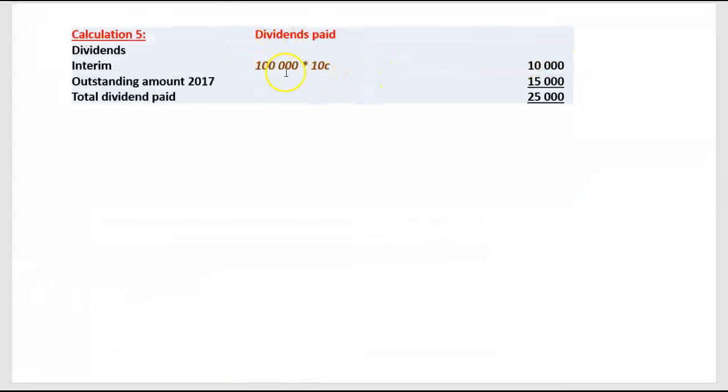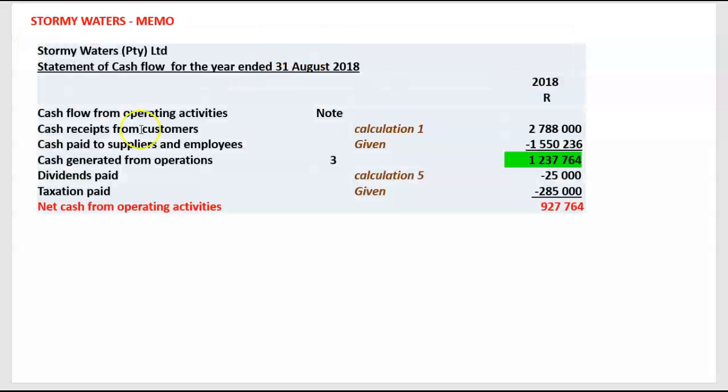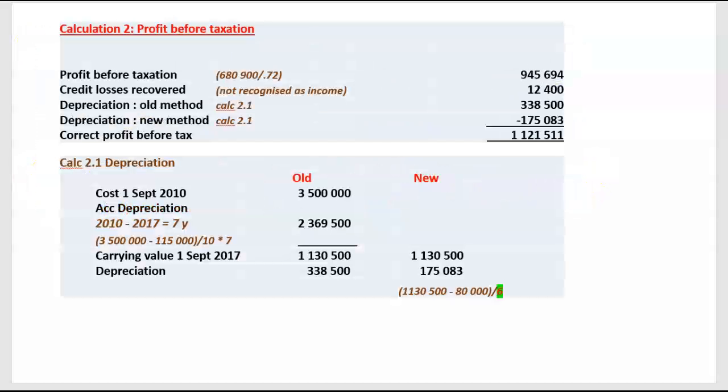Dividends, interim dividend, 100,000 shares times 10 cents equals 10,000 Rand, and the opening balance was 15,000, which we've also paid. Those dividends that were declared at the end of the year have not yet been paid. We are not interested in dividends declared, we are interested in dividends paid, so total dividends paid then 25,000 Rand. Taxation paid. Now, we have a new profit before tax of